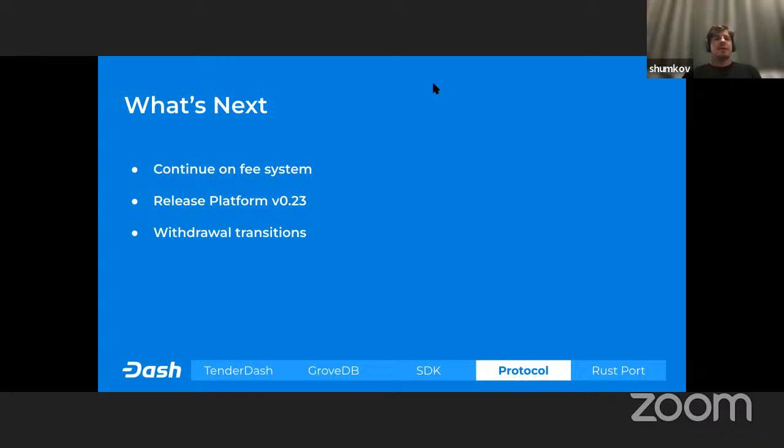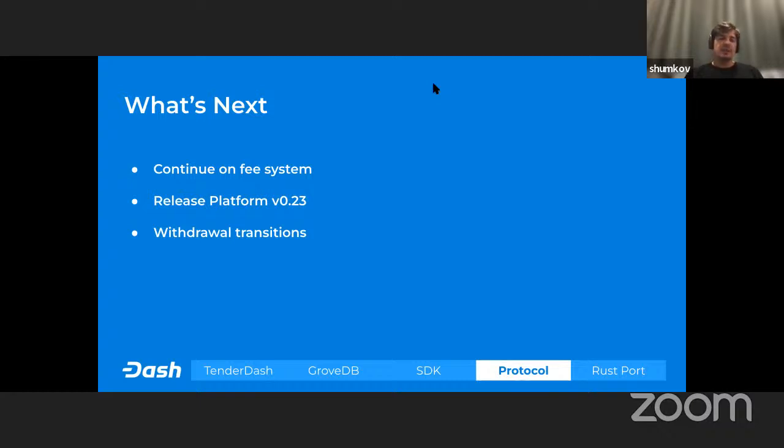So what's next? Since we finished the spools, the only part required for what we planned for version 23 is fee calculation. We are close to accomplishing worst case calculations in GroveDB, and having it, we can update Drive to utilize this new functionality.